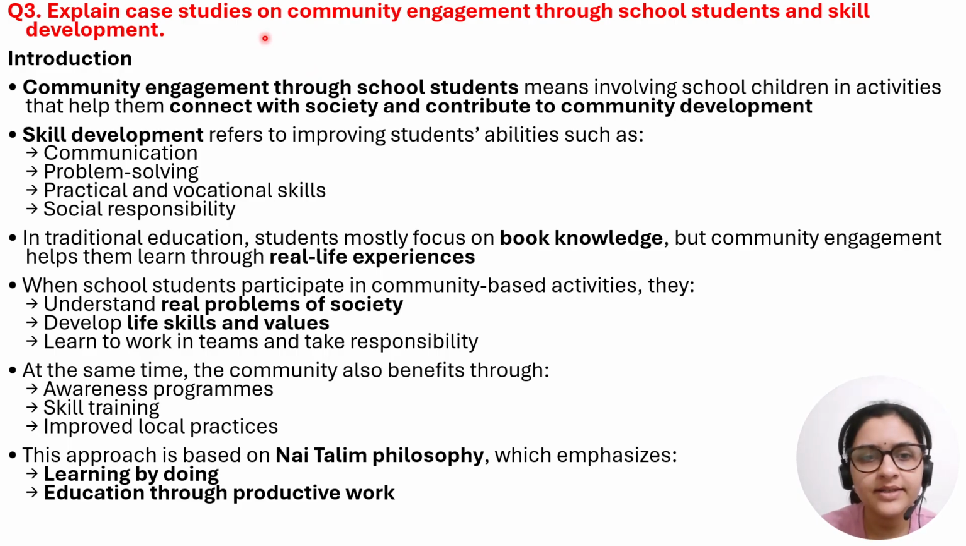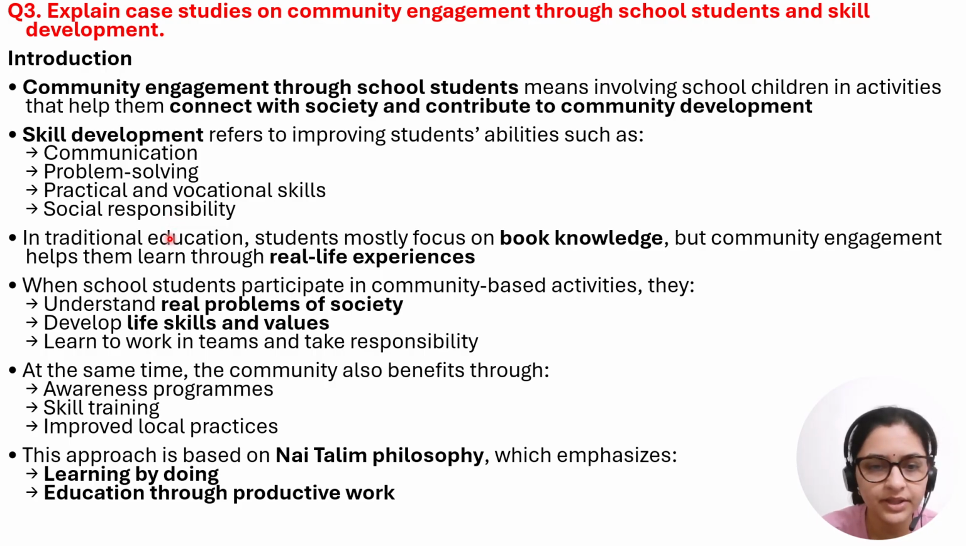Explain case studies on community engagement through school students and skill development. So, community engagement through school students means involving school children in activities that help them to connect with the society and contribute to the community development. So, skill development in such cases refers to improving school students' abilities like communication, problem solving, practical and vocational skills,